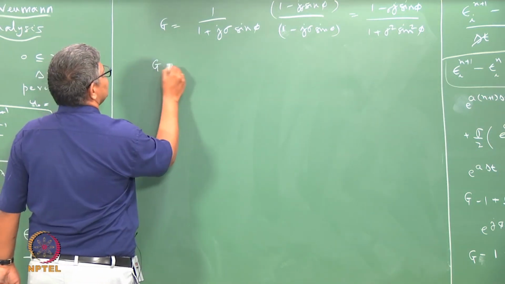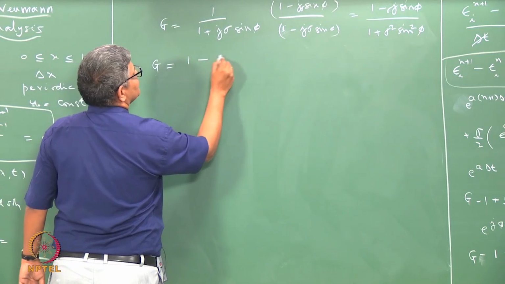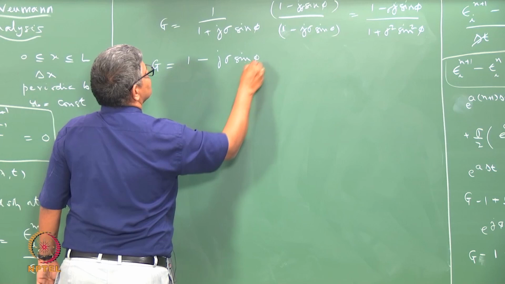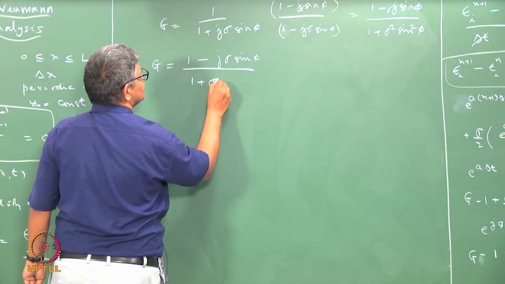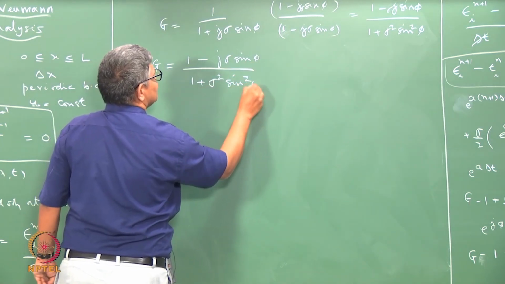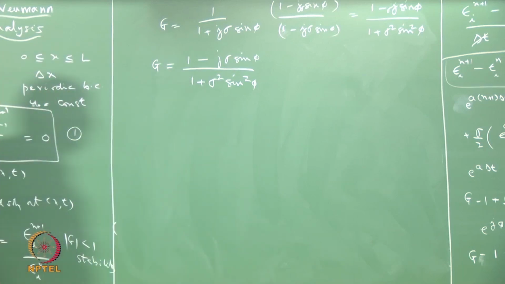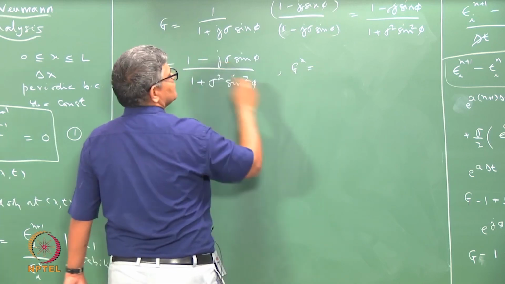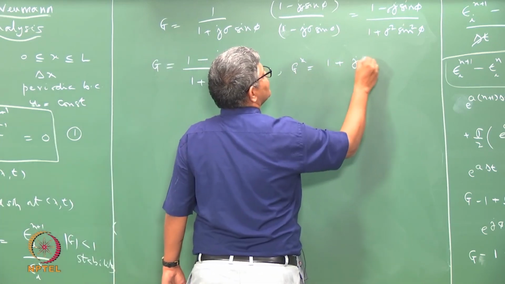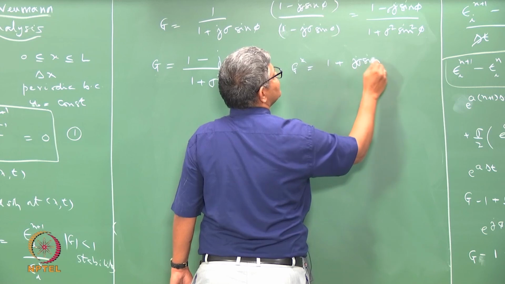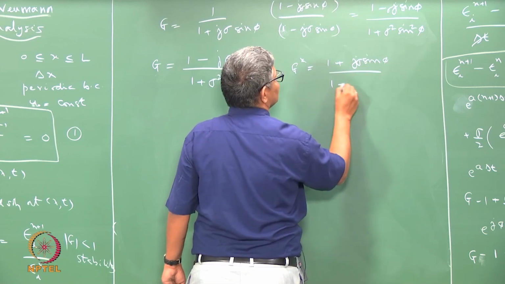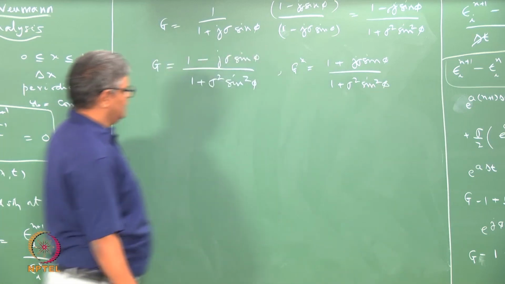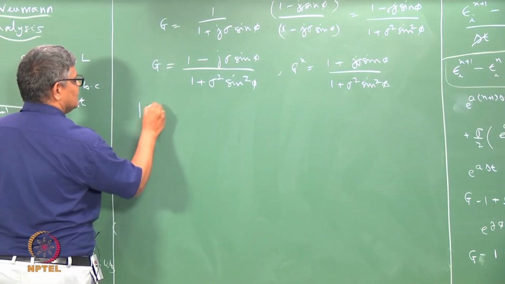So we can write this G as 1 minus j sigma sin phi by 1 plus sigma square sin square phi, and the complex conjugate G star will be just 1 plus j sigma sin phi divided by 1 plus sigma square sin square phi,